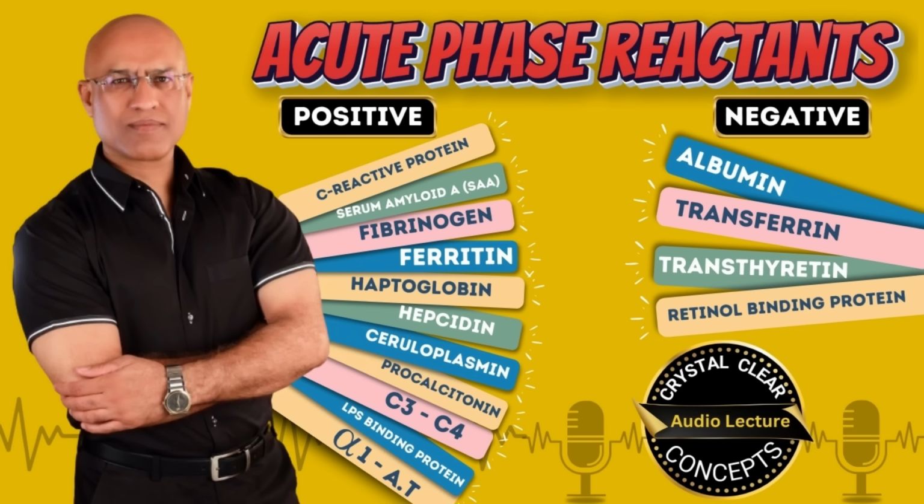Iron is available in our stores as ferritin, but we cannot mobilize the iron and cannot utilize the iron for erythropoiesis. And the patient has anemia of chronic disease. Anemia of chronic disease is the anemia which occurs in chronic disease, has multiple causes, but